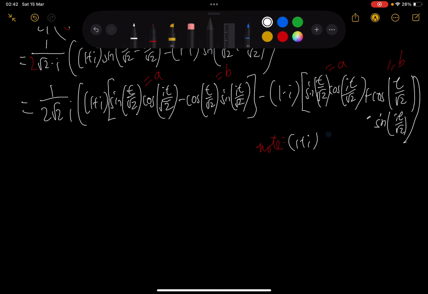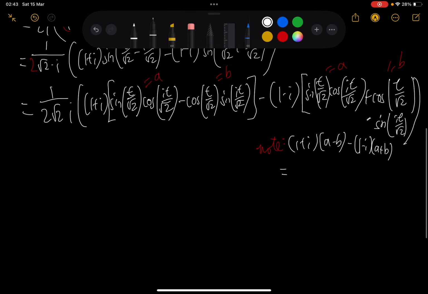Times a minus b. Just follow the steps. Times a minus b, and then minus 1 minus i times a plus b. I'm going to simplify. First, distribute the 1 into it. 1 times a, which is a, 1 times negative b, which is negative b, and then plus ai minus bi,